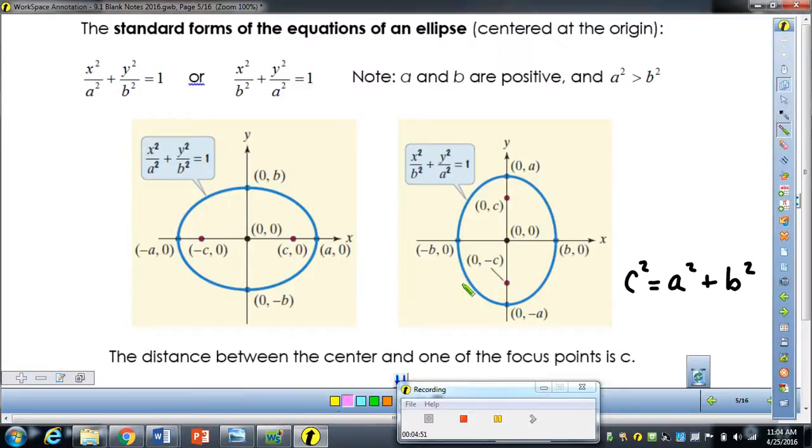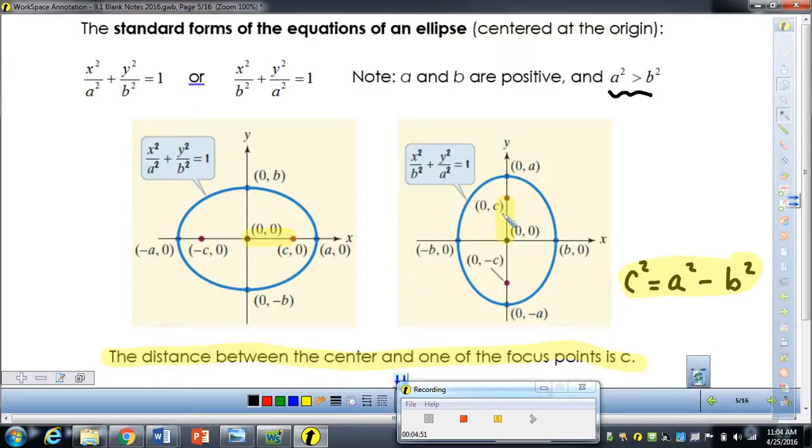And what we need to know, if we look down here, the distance between the center and one of the focus points is c. So that's the distance from here to here. The focus point is always going to be on the major axis. In this orientation, the major axis is vertical, and so the c distance is also vertical. And one thing we need to know about c, I just noticed a mistake here, is that a formula that relates all of these measures is that c squared is a squared minus b squared, and this is why we need to say that a squared is greater than b squared, because we want to do the larger number subtracting the smaller number. To get c squared, once we know c squared, we're going to do the square root,